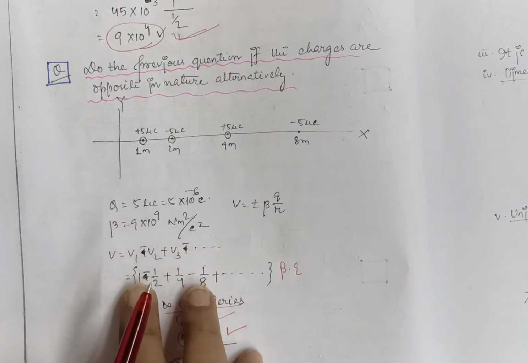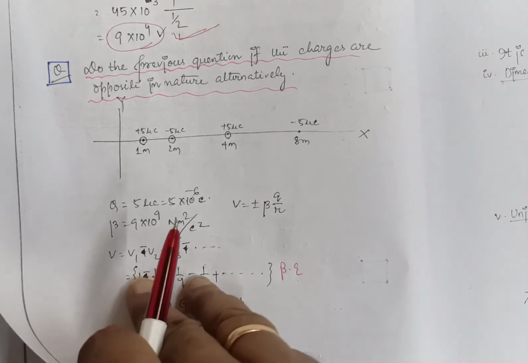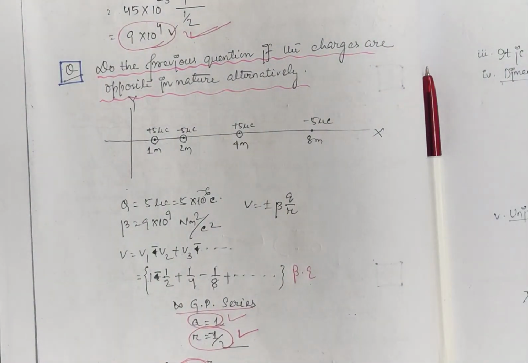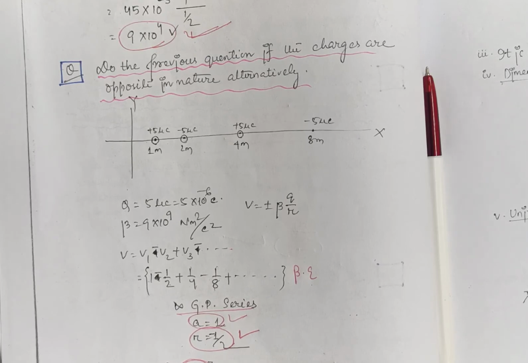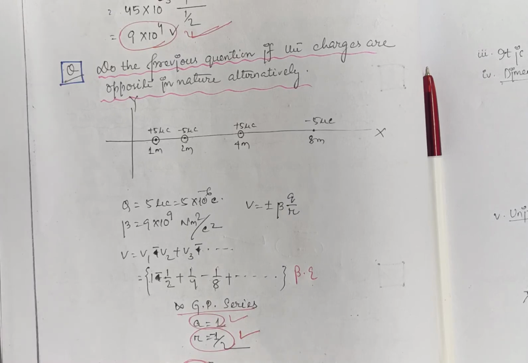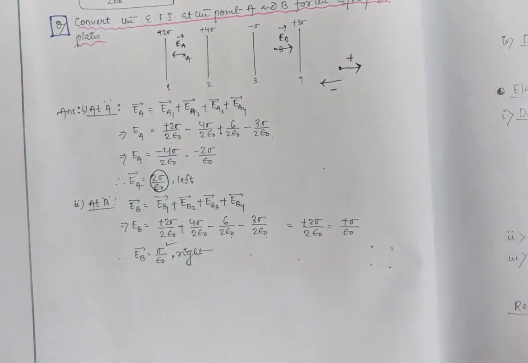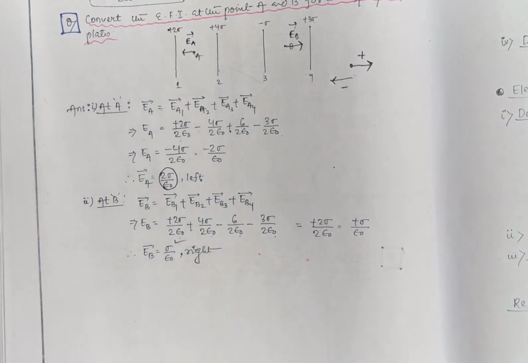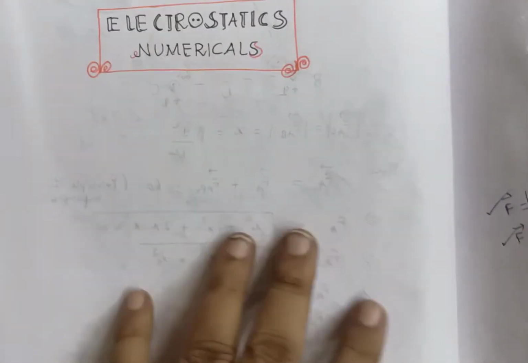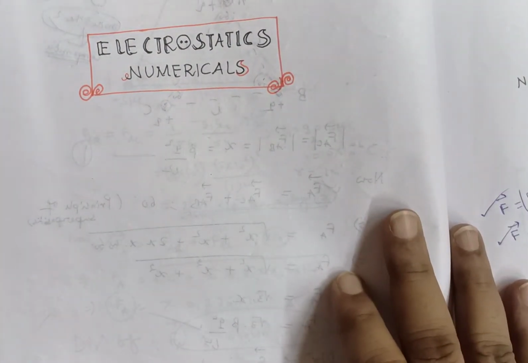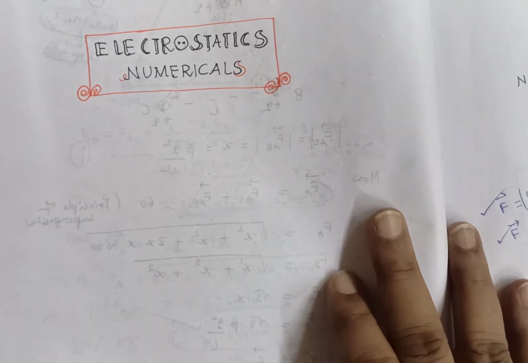These are some of the questions we have discussed. Then you should go through some questions given in your textbooks. This is the theory and the problems we have discussed: the electric potential and potential gradient, the formulas of electric field and potential due to a single isolated point charge and a dipole, electric potential energy also we have calculated, and some basic idea of equipotential surface. These are the numericals we have discussed. You should keep practicing by doing some extra numericals in your textbooks.